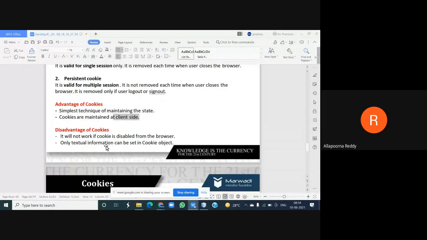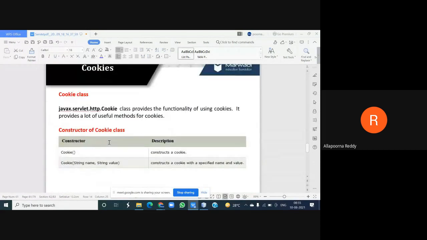If I need to generate cookies with my response object, what are the things I need to follow? First, if I want to create any cookie, I'm going to take the help of one class. What is that class name? The Cookie class. As we have a class, compulsorily it should have some methods. The methods may be the same as the class name or different. If the method name is the same as the class name, we call it a constructor. In C++, the method name is the same as the class name. We call that a constructor.